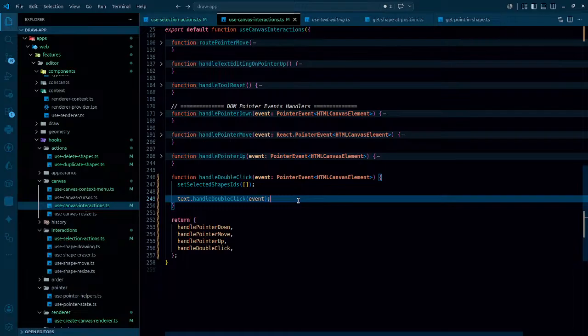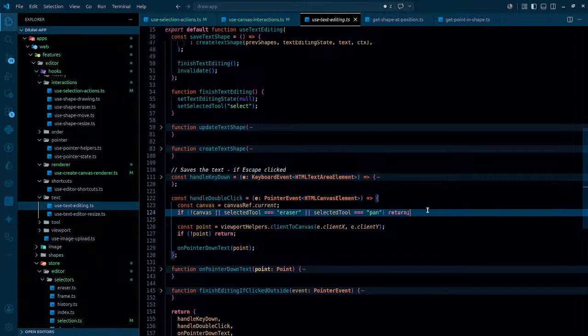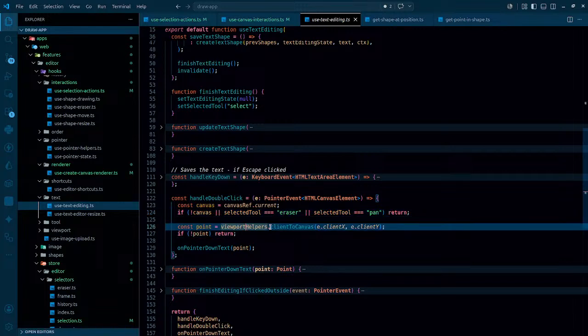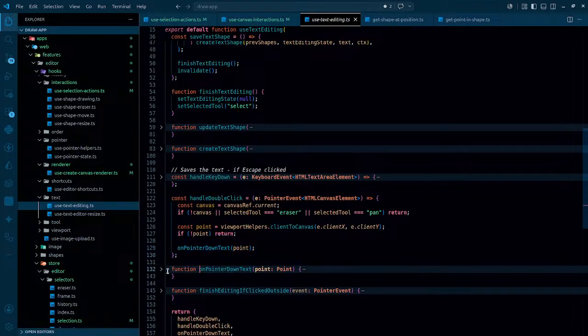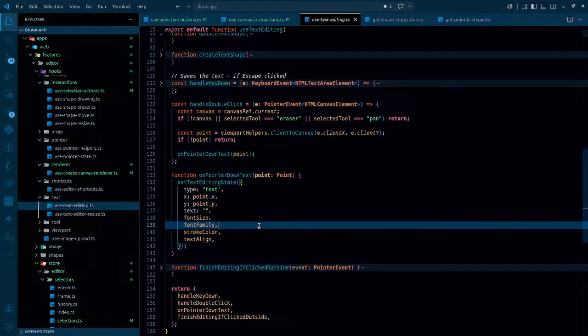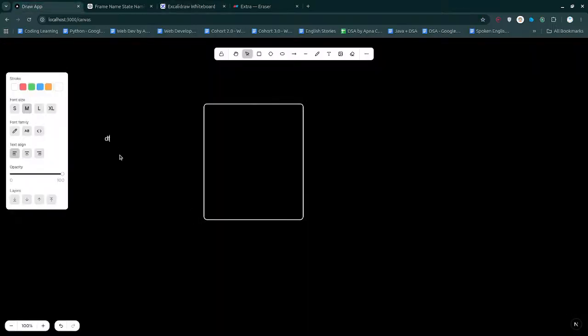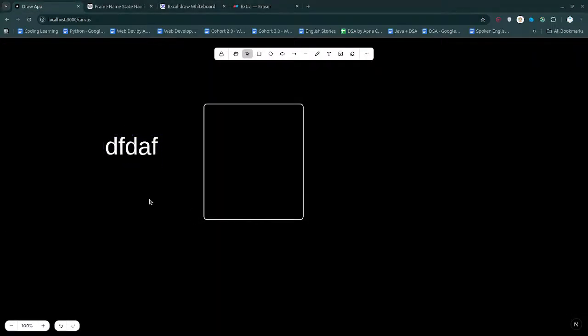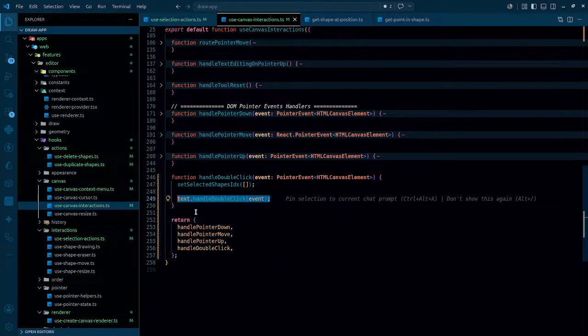The next thing is this, that if it already handles everything, client to canvas impression on pointer down text, it just simply sets the editing state and hence that appears. So right now it should be working in our case. Yeah, it comes back, we are able to edit this, but this is not it. So we have to now do it conditionally in the sense